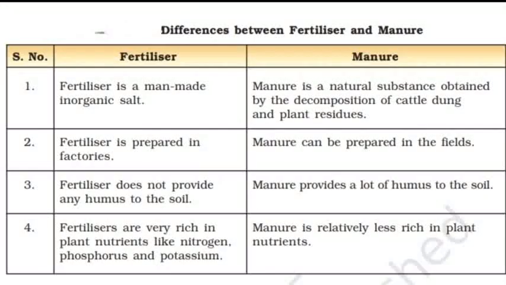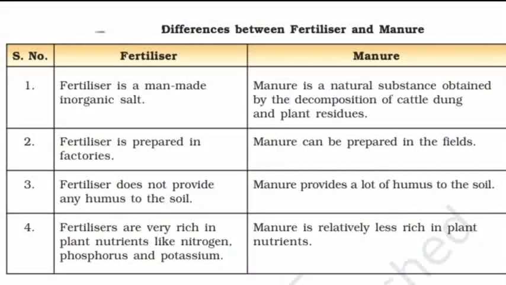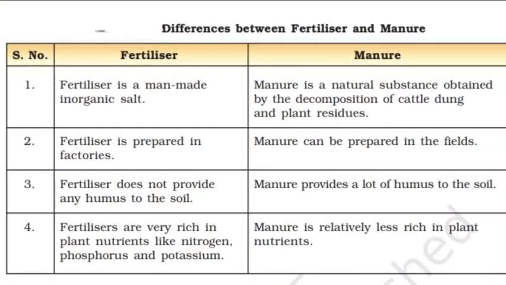It increases the number of friendly microbes. Now here, because we know that the manure is something that is naturally found, therefore there are going to be microbes as in microorganisms, and these microorganisms are friendly. Why? Because they just help the plant to grow better, not something that is just pure salt or inorganic thing like fertilizer. And this manure, again, it improves the texture of soil. It makes the soil quite soft and pliant for the roots to take in. That is why it is improving the texture of soil again.